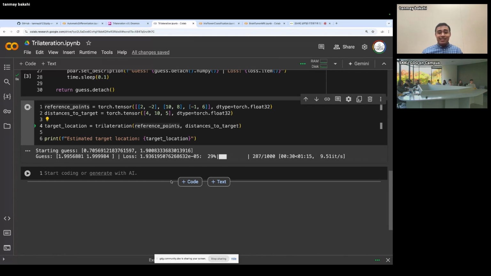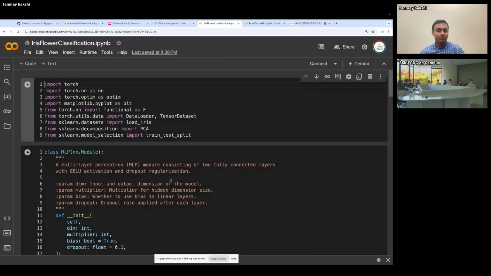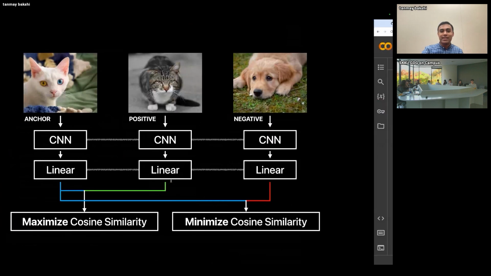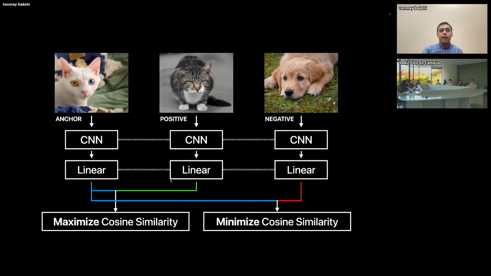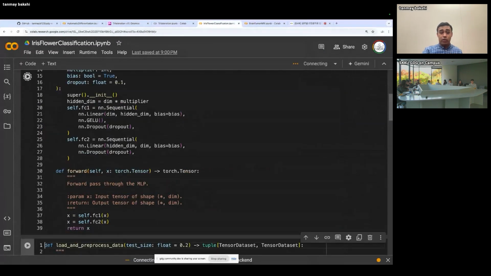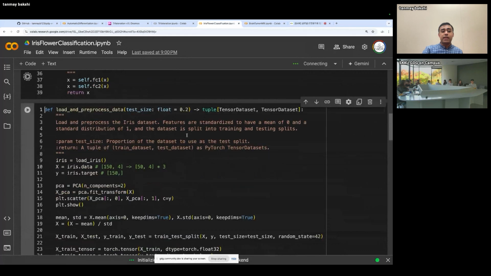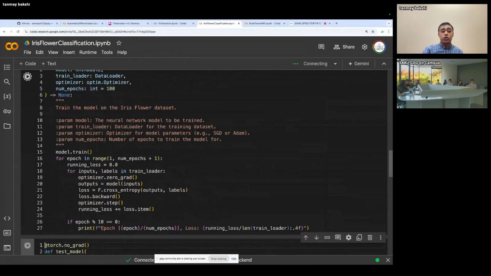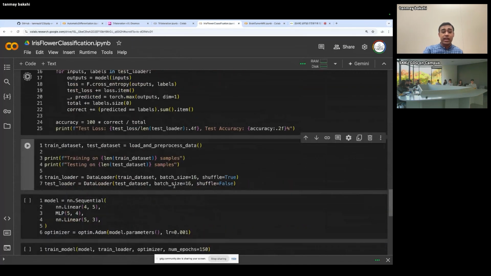That is a quick demo of trilateration, one of my favorite ways to demonstrate the core math and logic that goes behind real-world machine learning models. This can then scale up into significantly more complex models. For example, over here is a model that performs iris flower classification, the same data set that I was showing you previously with those many different clusters. This notebook, which is available on my GitHub repo, implements a very simple way of training a model to perform iris flower classification.